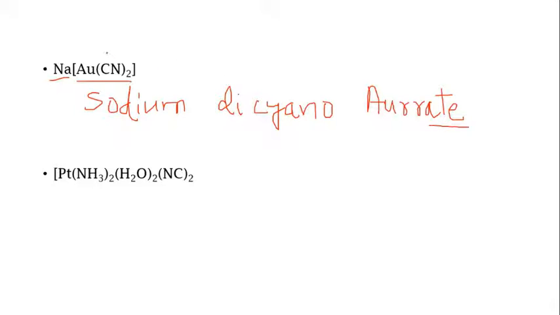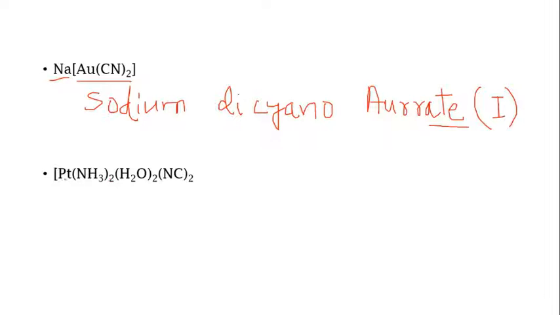Your coordination sphere is in anionic form, that's why the name ended with ate. Then find out the oxidation state of gold using the earlier exercise and then place that in Roman numerals. The oxidation state of gold here is +1, that's why I have written it in Roman numerals in the braces.